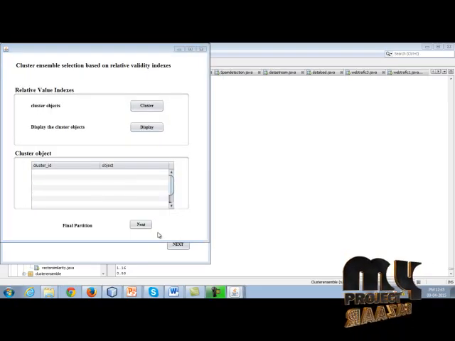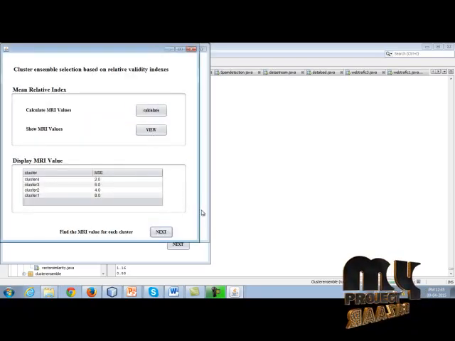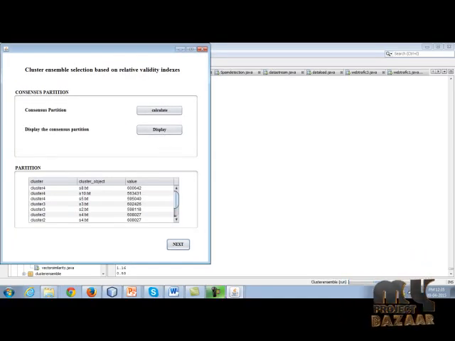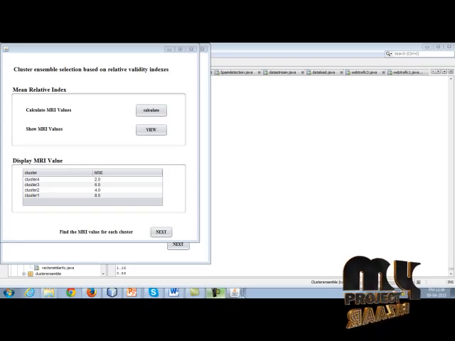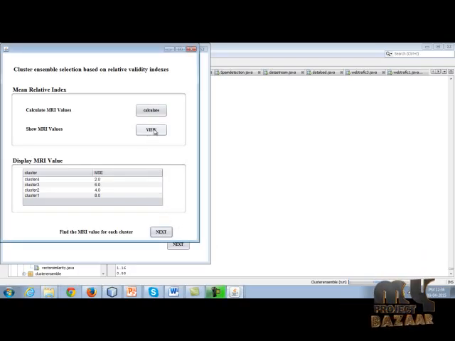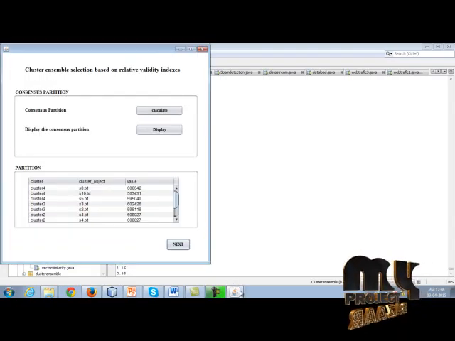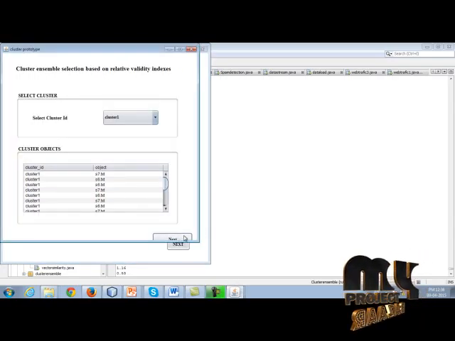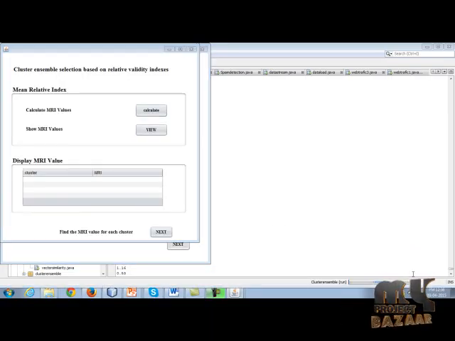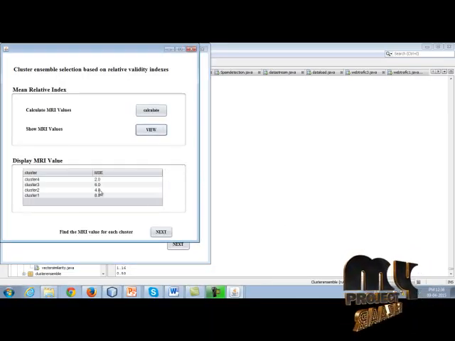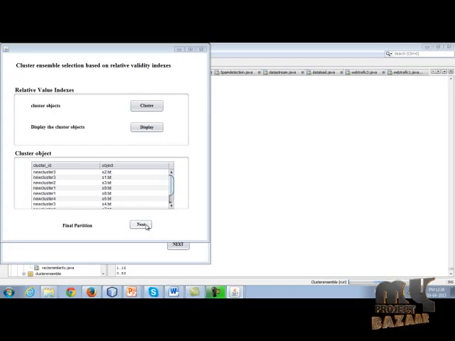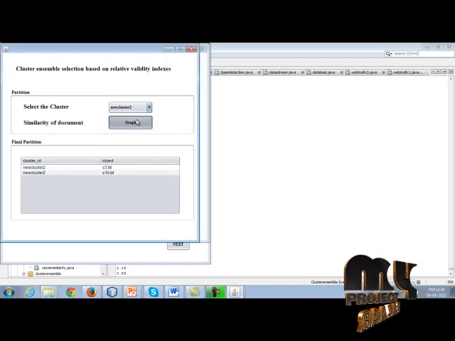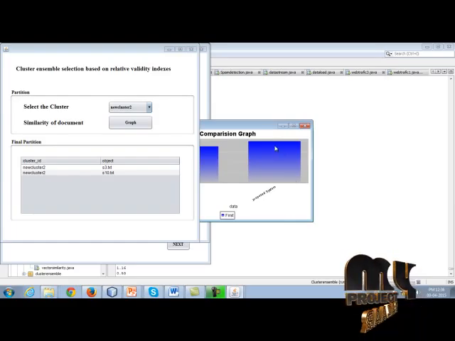View these clusters. Calculating. View the index and displaying the new cluster values. Graph. Finally the graph is